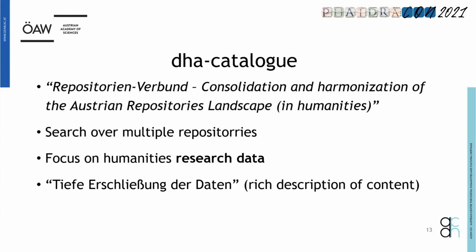On the Austrian level, there is a similar thing which is called the DHA catalog. It's yet another platform to catalog, to provide yet another view on the data. I think I have to jump over this rather quickly, but it is in the context of CLARIAH-AT and the DHA strategy goals of having a kind of, well, we call it repository and Verbund. So have the different repositories with the humanities research data have their consolidation or harmonization among them. That could happen on various levels, and we thought the most feasible way would be at least to have a catalog on top of them, so that the researchers can search through all of the data in these repositories